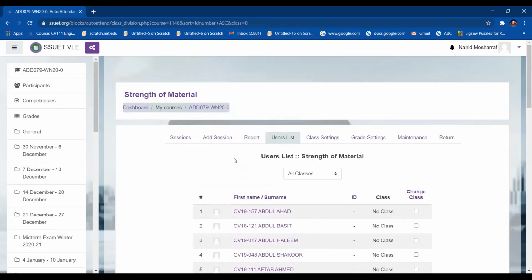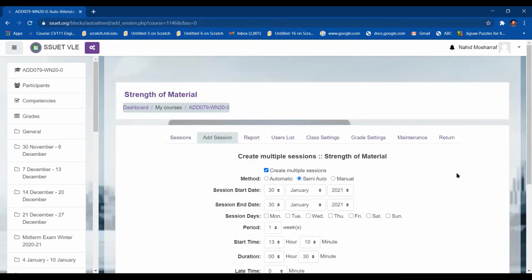Now I'm moving toward add sessions, because I want to create a number of classes. For example, if you have to take classes from 1st January, your course time period is up to the last date of the end of the semester, 23rd April. So over here I will write down 1st January.